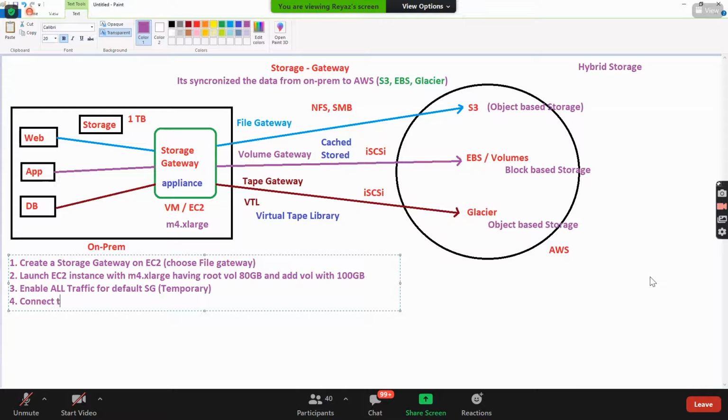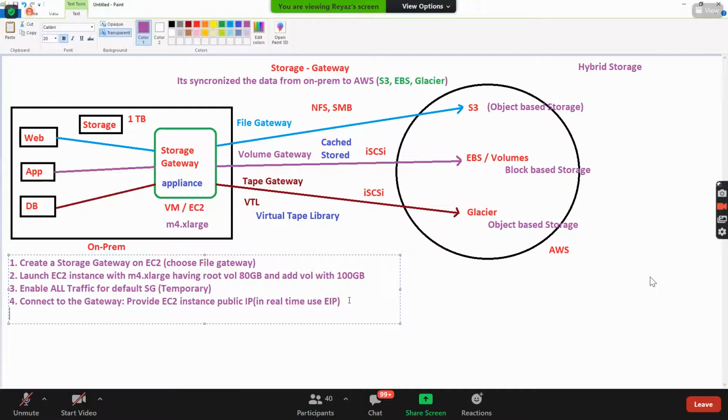Connect to the gateway, provide the EC2 instance public IP. In real time, use EIP.